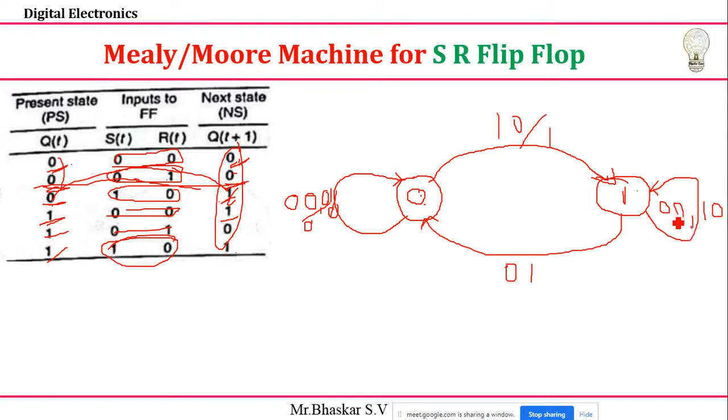Here also you can try this. For 0 0 moving from 1 to 1, the output is 1. For 1 0 moving from 1 to 1, the output is 1 only. Next, 1 to 0 it is moving, definitely I'll get the value 0, because you can check, 0 1, output value 0. This is a Mealy representation. I'm not going to represent it here, I'm going to represent it on the arcs. That's all.